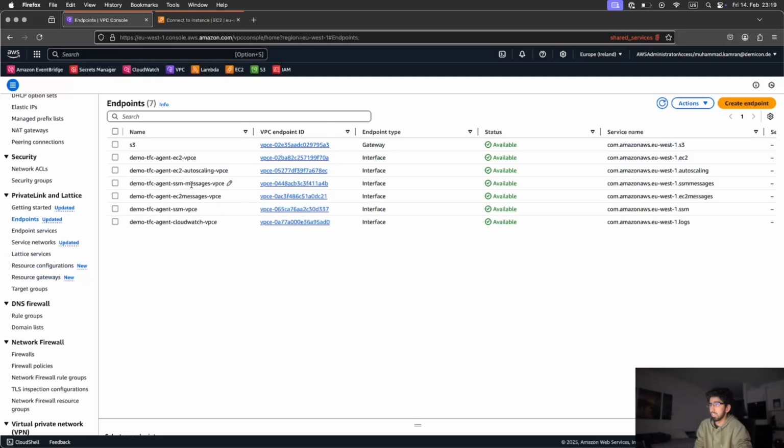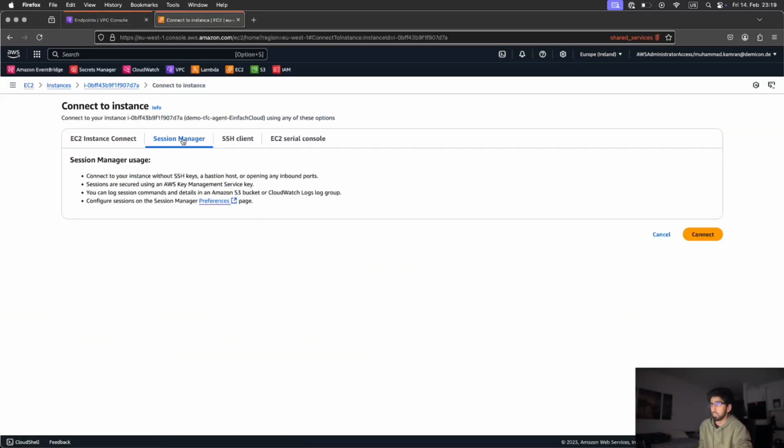So these SSM messages, EC2 messages, and SSM VPC endpoints are enabling me to log into these EC2 machines, and the request is going to go through the endpoints which we have deployed. So it is not going to use the internet route, but the VPC endpoints route to connect into our EC2 instance. So you can go to Session Manager and connect,